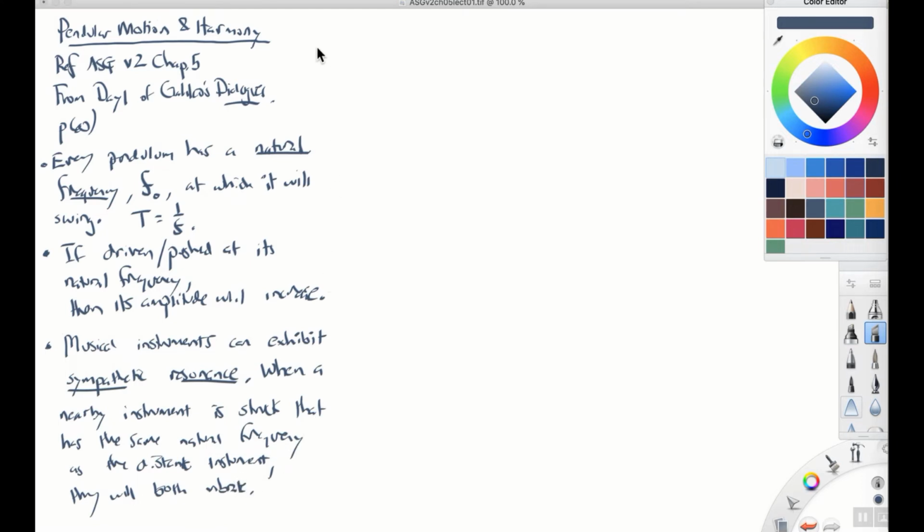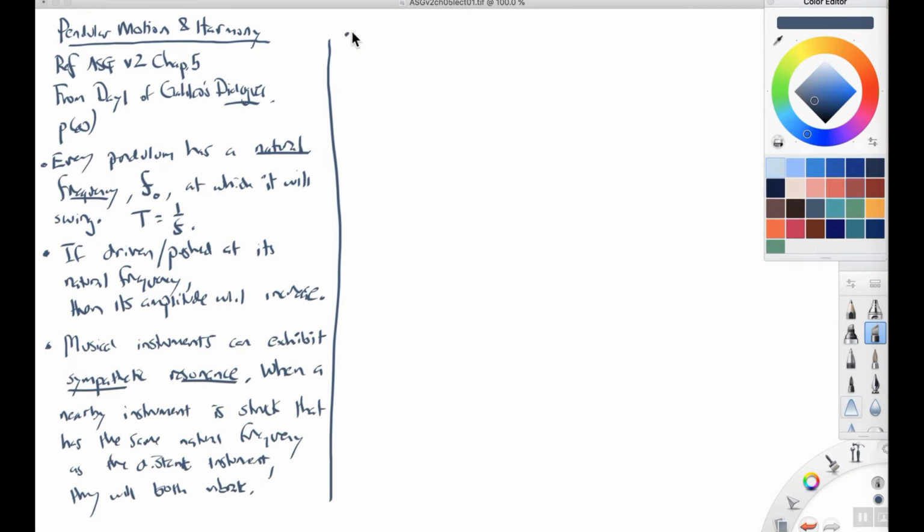So for example, if you have a guitar and another guitar that's more distant, and you strike one of the notes on one guitar, the note on the other guitar will begin to vibrate ever so subtly at the same time. Why is this? Well, the explanation that Galileo provides is that when you pluck one guitar string,